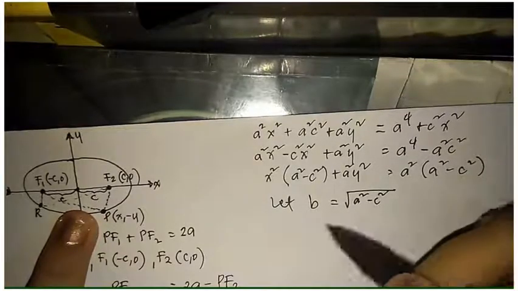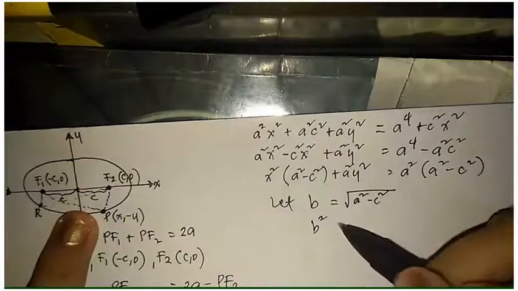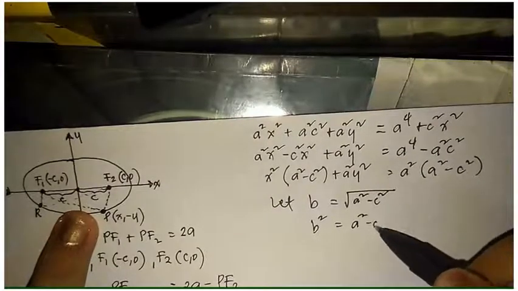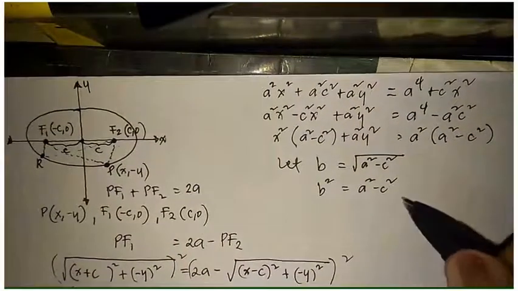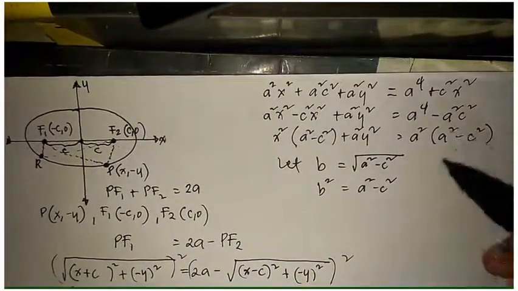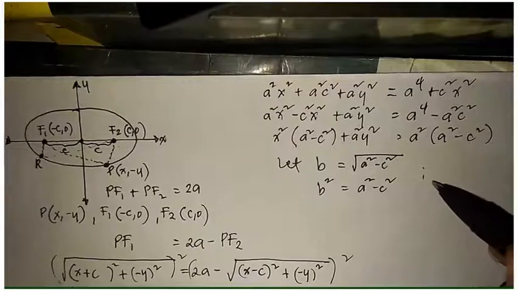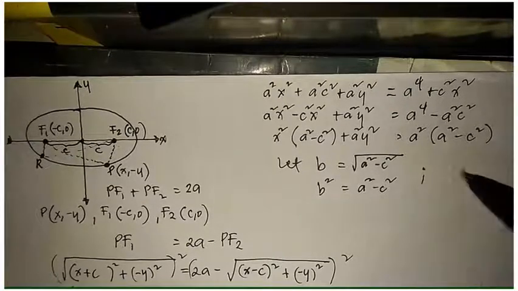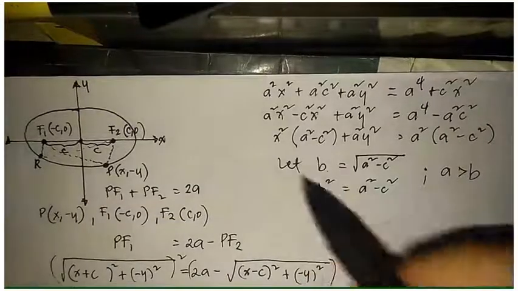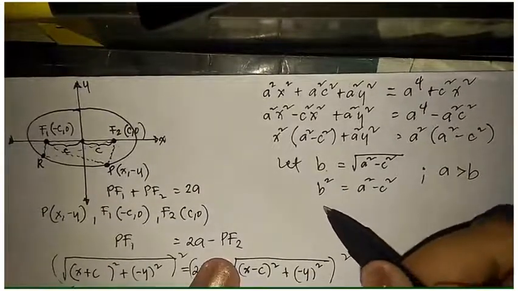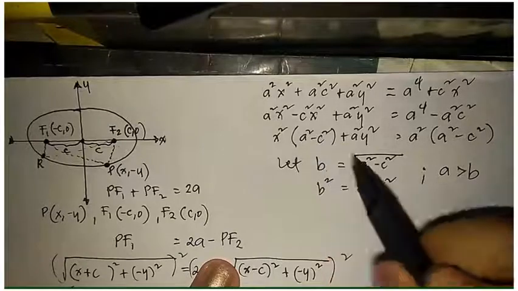And so from that, b squared would be equal to a squared minus c squared. Okay, and so if that's the case, then we can say, therefore, that a must be greater than b. And going back there, we would have, replacing a squared minus c squared by b squared,